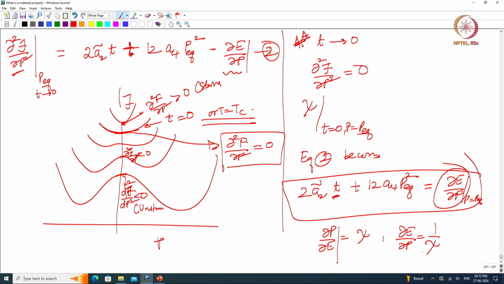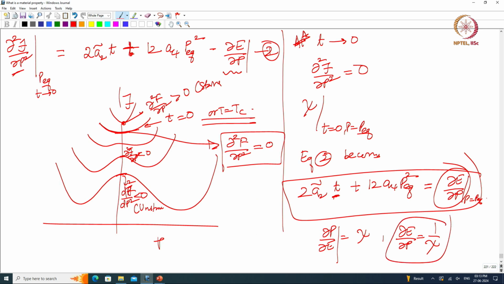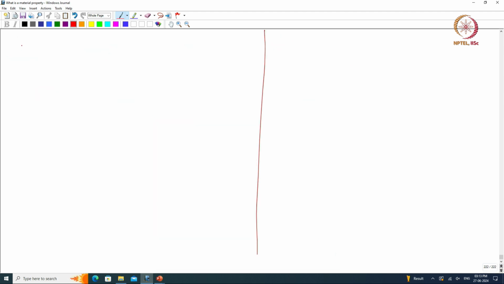I am just going to do a one dimensional problem, where I simplify and do not consider susceptibility as a tensor. Ideally it is the beta, which is the inverse tensor of susceptibility, but here I am just going to do a one dimensional problem and call this 1 by susceptibility. So, what I have here is 1 by susceptibility is equal to 2a2 tilde t plus